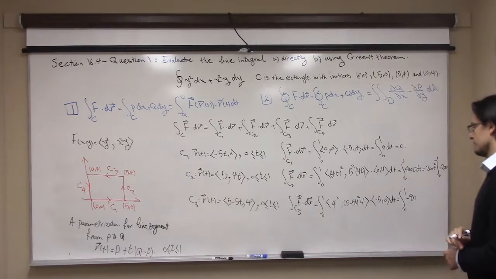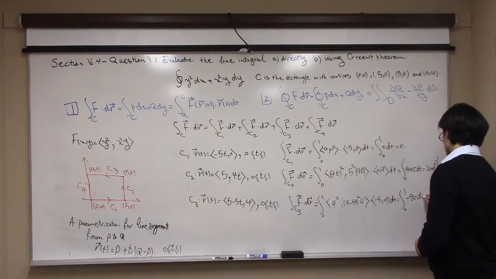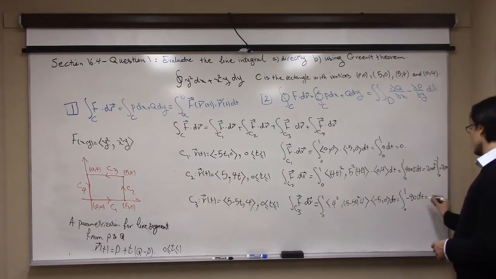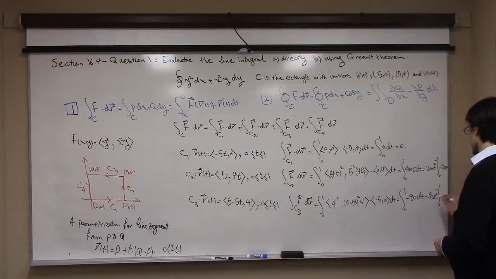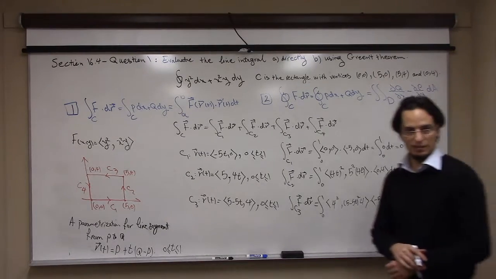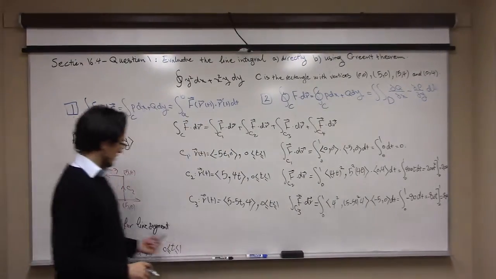Sorry. Yes. And then dt. And the integral of negative 80 is negative 80t, t going from 0 to 1. It is going to be negative 80. Okay. The integral along C3 is equal to